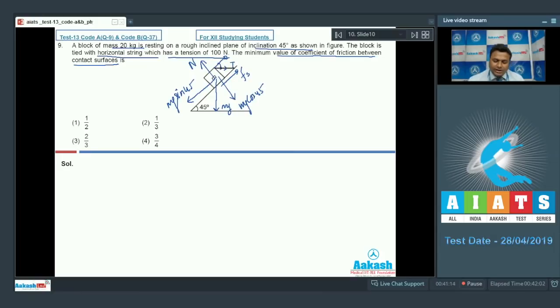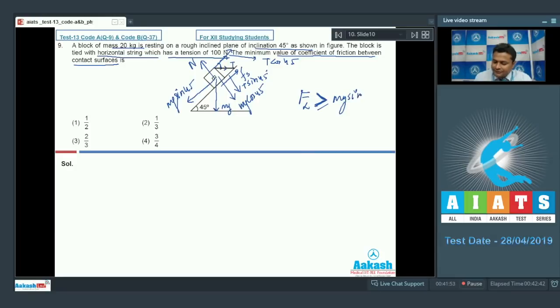This angle will also be 45 degrees, so in this direction you will find the component T cos 45, and in this direction you will find T sin 45. Since the block is at rest, the net force down the plane must always be less than the maximum value of friction. So we can write that FL must always be greater than the friction force, or you can say the stopping force must be greater than the net acting force, that is